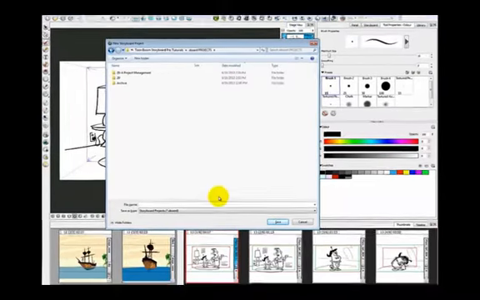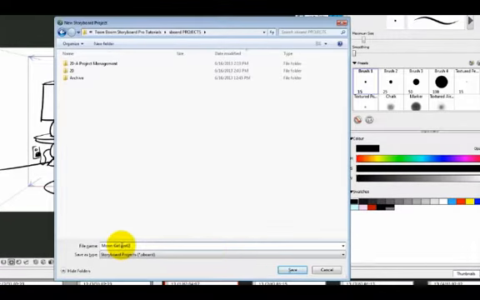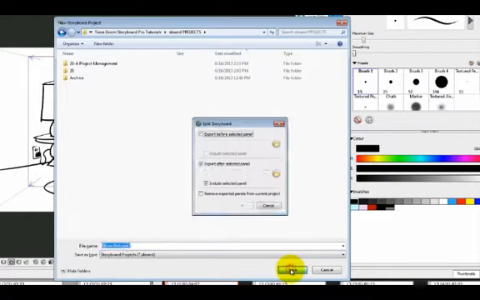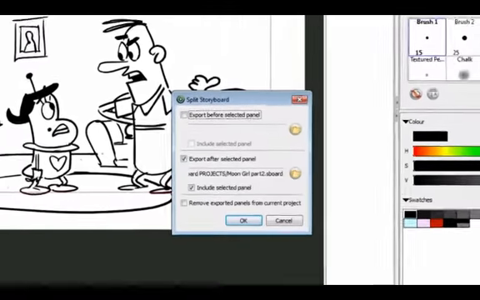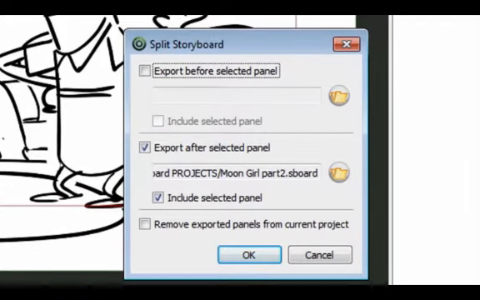So now I want to save this part of the split, so I'm just going to give it a name. In this case, I'll call it Moon Girl Part 2, and then click Save, and it's going to basically create a new file, everything that happens after the